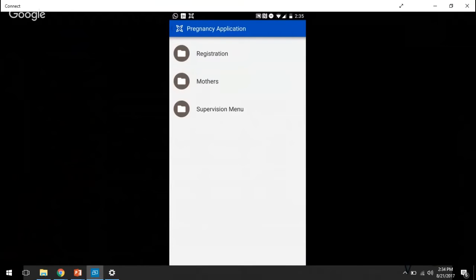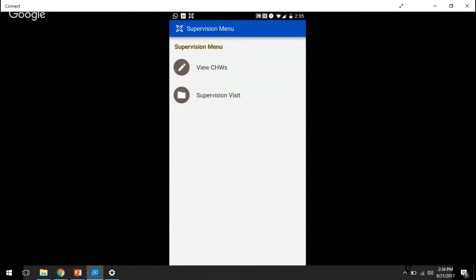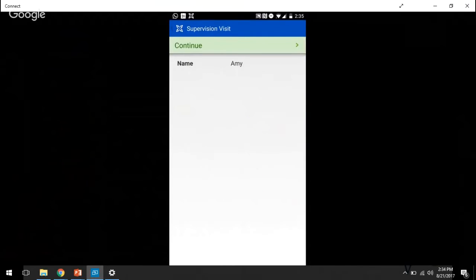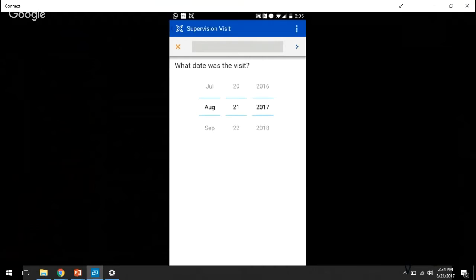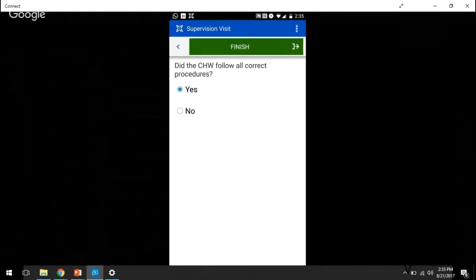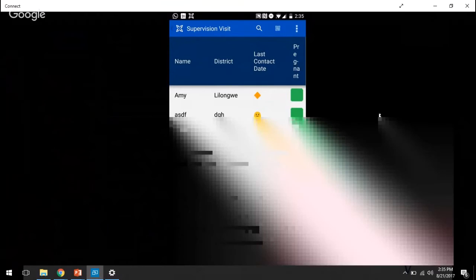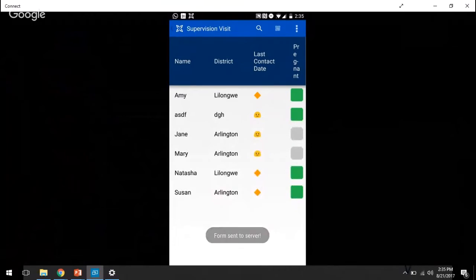And then the last one is your previous screen, where we're going a supervisor visit. So we'll click one of our CHWs. We'll go through and just fill out whatever information it is. We're brought back to the previous screen that we just saw, which is a case list. It's important to note that depending on the setting for your menu, this might show you a different screen than this, but in terms of how we've configured it, we've created this so it goes back to the case